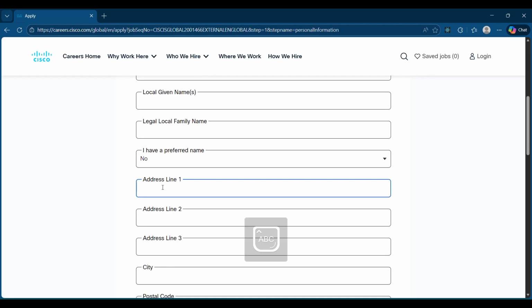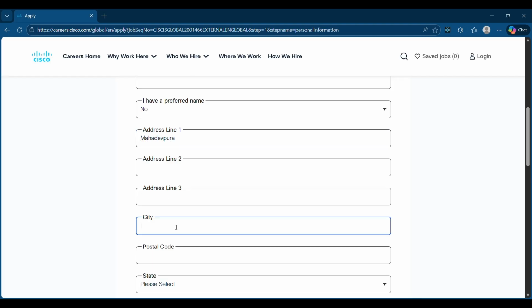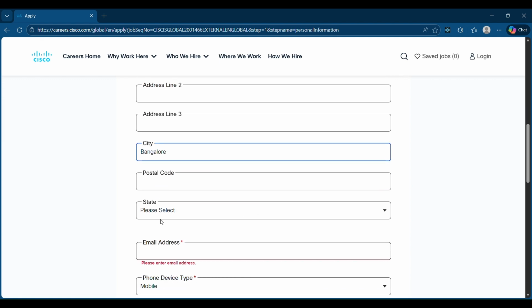Then write your address over here. Then write your city. If you want to add the address in more detail, you can just write it over here. Then your postal code number,